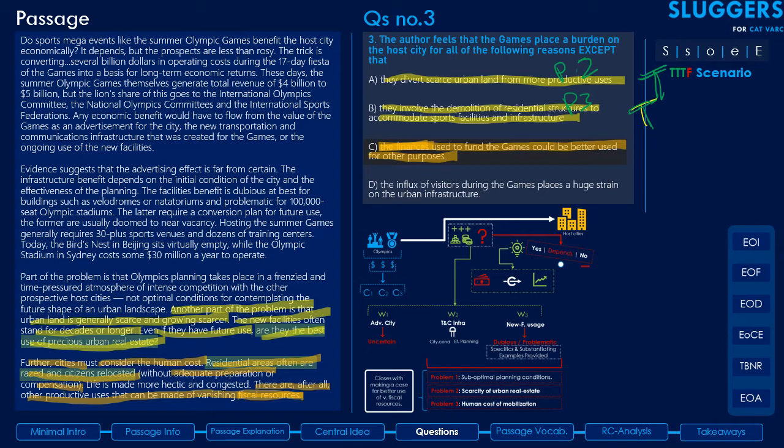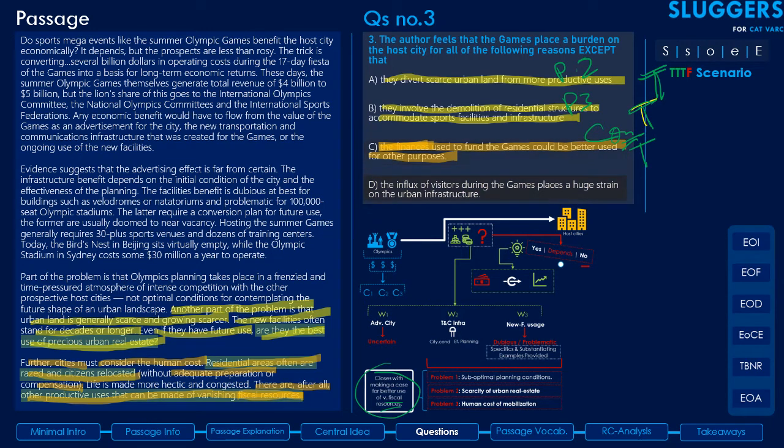So yes, even option C is completely in line with this conclusion that the author has drawn here. It closes with making a case for better use of fiscal resources, right? So even this is true, and this is given in the concluding part of the passage. So we have eliminated three options, so most probably the fourth one has to be the answer. Okay, so coming to the last option,